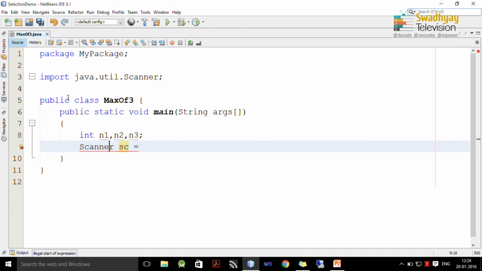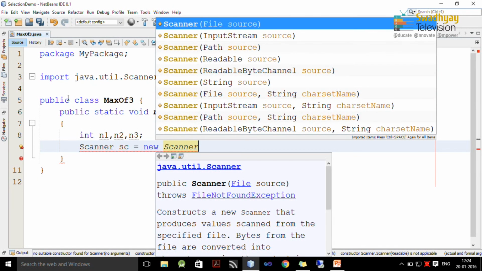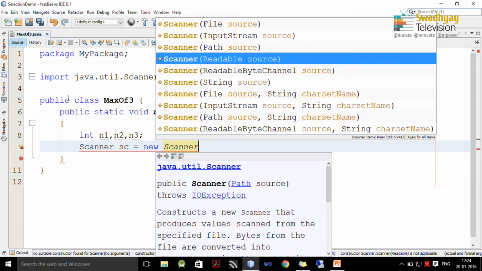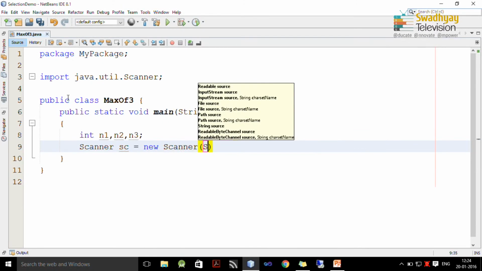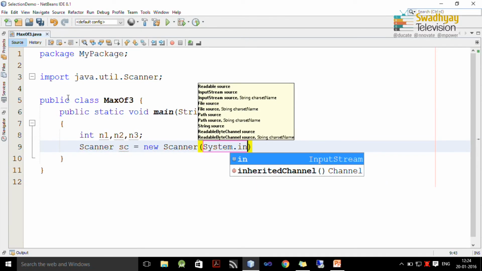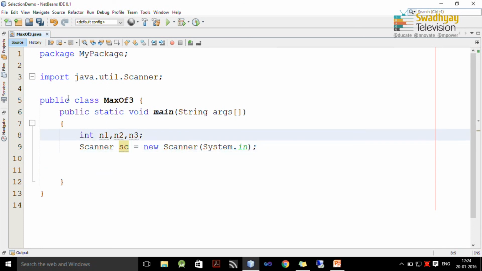So, Scanner is a class, sc is an object, and here you create the instance by using the new keyword, new class name, and there are various sources from where you can read input, but we are going to read from keyboard. So, I write System.in.